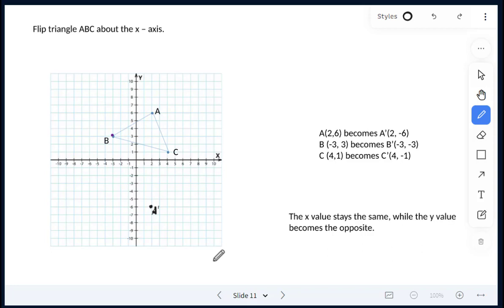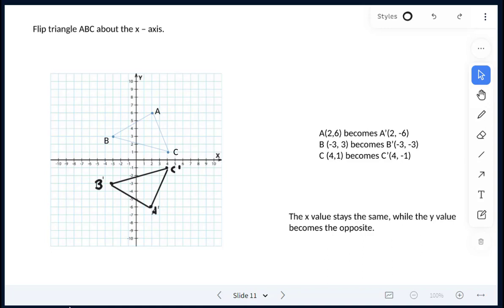Let's do the same thing for B. It's 1, 2, 3 to the mirror line. So 1, 2, 3. There's our B prime, and then C is just 1 away to the mirror line, so just 1 away there, and we'll label that C prime. Okay, and now I just have to connect the points. All right, so I've just connected to make our reflected image here, A prime, B prime, C prime,